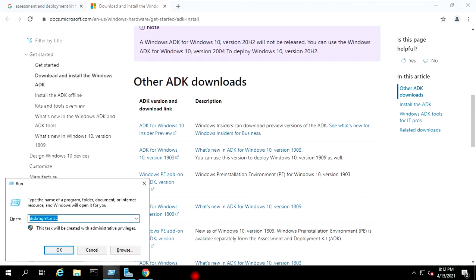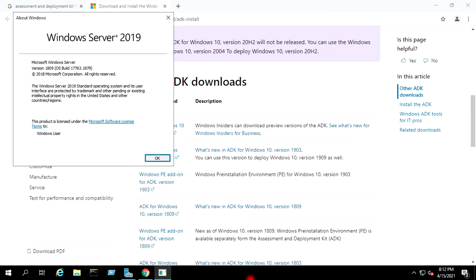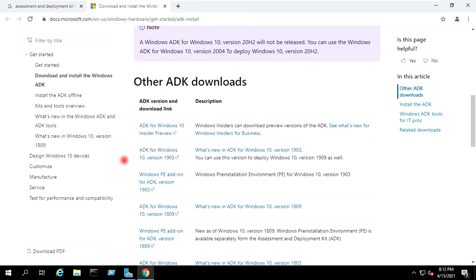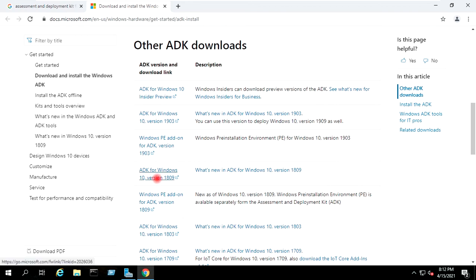If I go to run and type winver, my Windows version is 1809. I will download this ADK setup for the Windows version 1809.